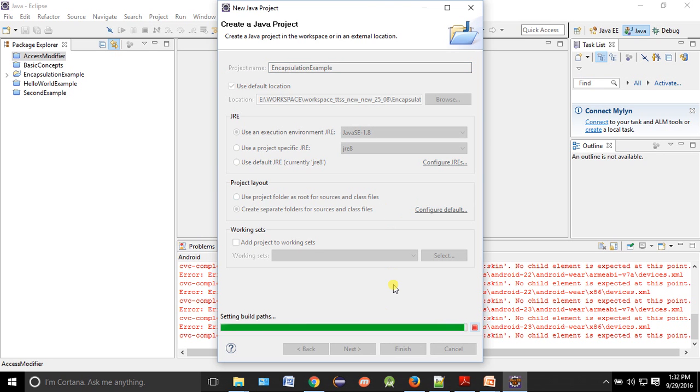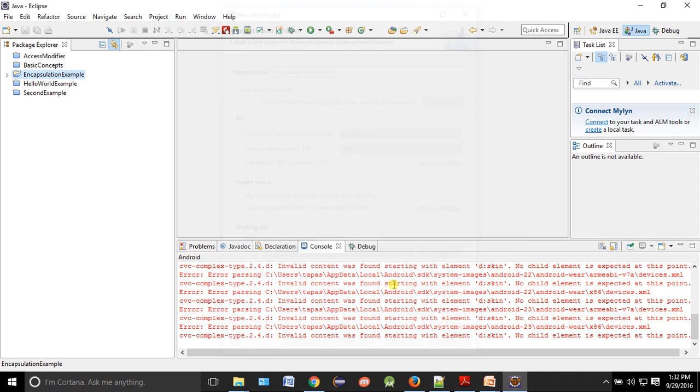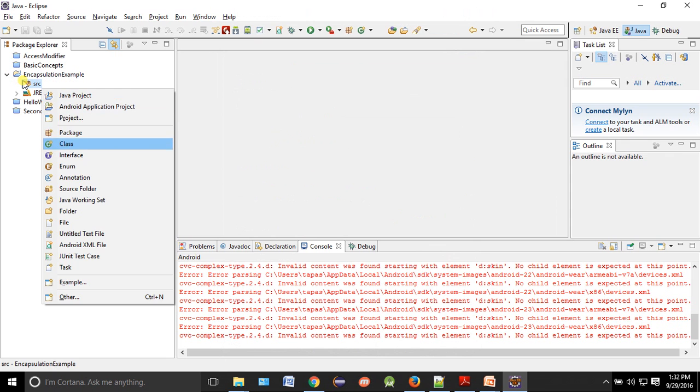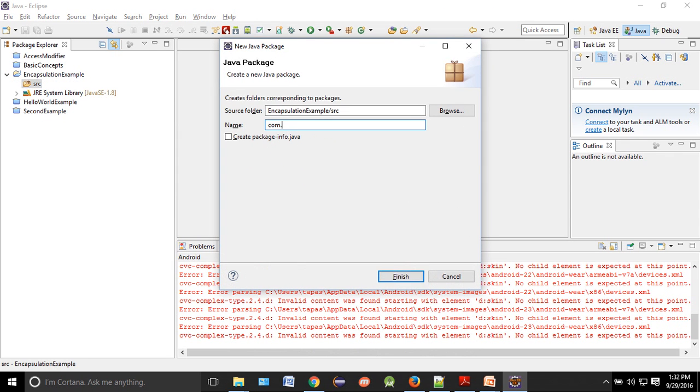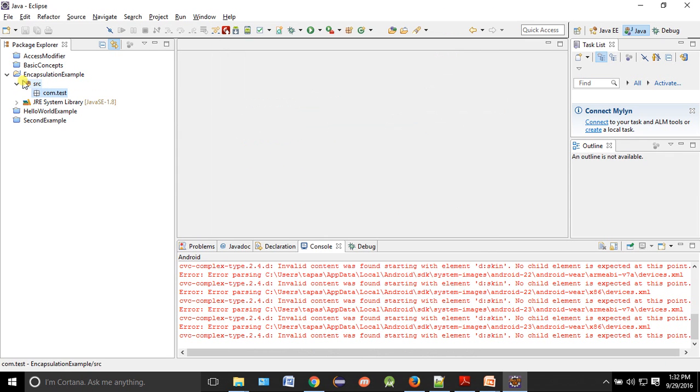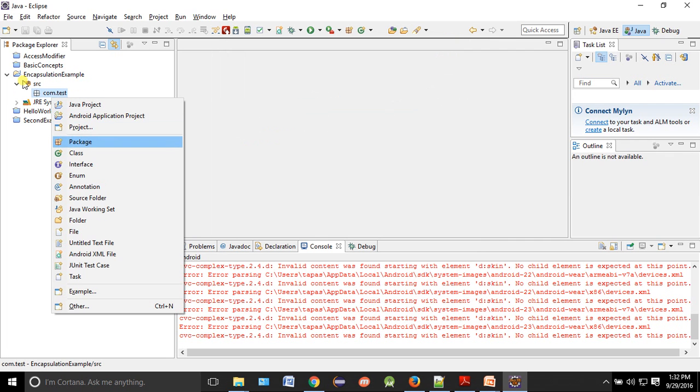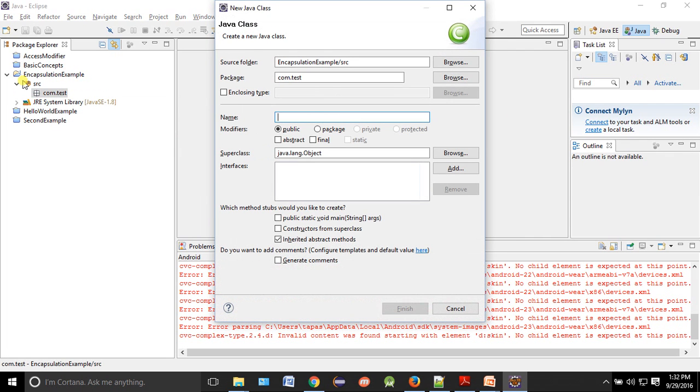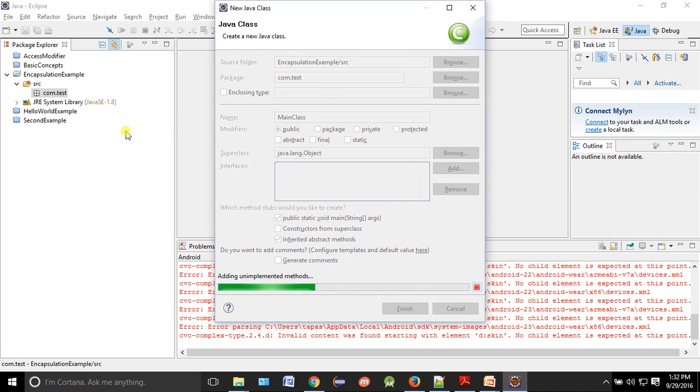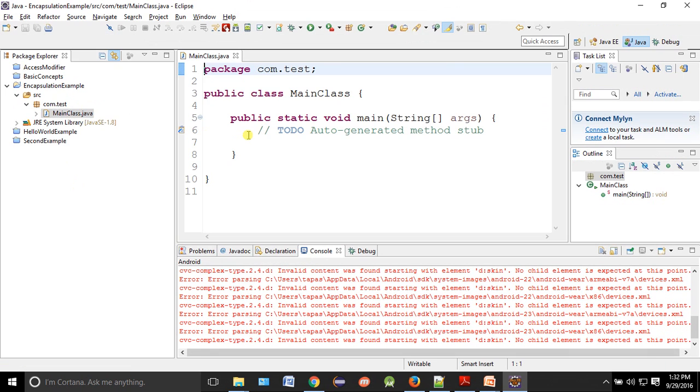Encapsulation example. Always we must have a package, right? com.test is a package. Then we must have an entry point. What is the entry point? Main class. So the main class is your entry point. Just give me 1 minute.